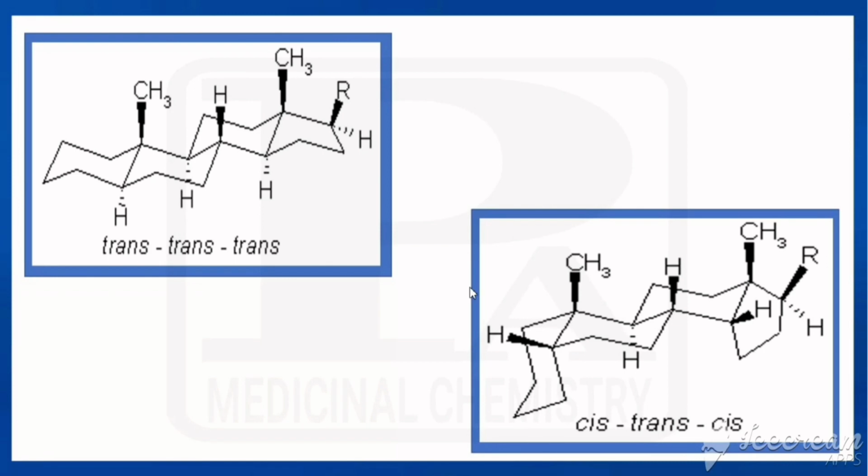Now come to this one. Here this would be ring A, this is B, this is C, and this would be D. Here thick line, here thick line, so both are beta. This would be above the nucleus. Both are the same, that's why here cis. Now here this is alpha, this is beta, so both are different, that's why trans. Here thick line, here also thick line, so both are beta, so cis. So between these rings, between AB that would be cis, BC that would be trans, and CD that would be cis. So that's all about the stereochemistry of steroids.